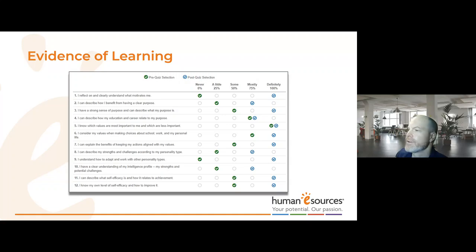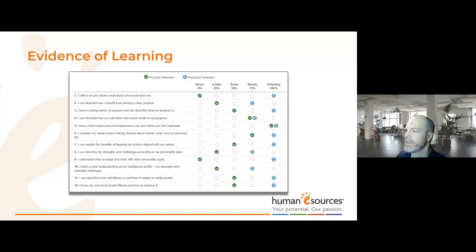So, evidence of learning. This is another way to motivate students to get engagement. This is an example of a tool that we offer separately, aside from this webinar, but it exists in many iterations and many other products, where they can see where they are at the beginning of a particular course or section of a course. This one is a series of learning outcomes that are defined for a section of a course, and they are polled in the beginning of that section to say, how comfortable or how familiar are you with this particular learning outcome?